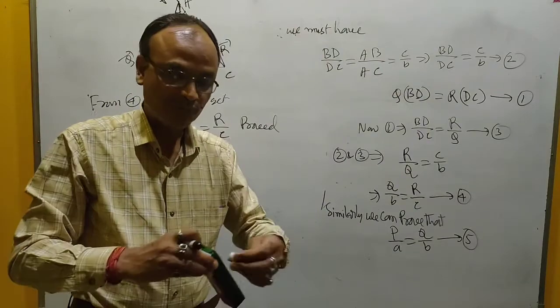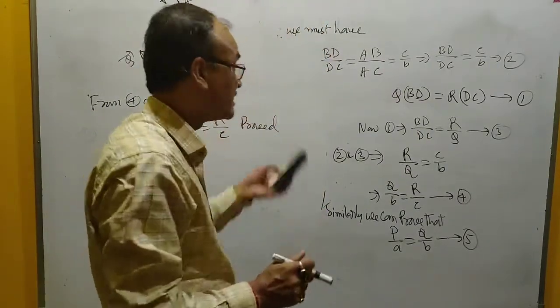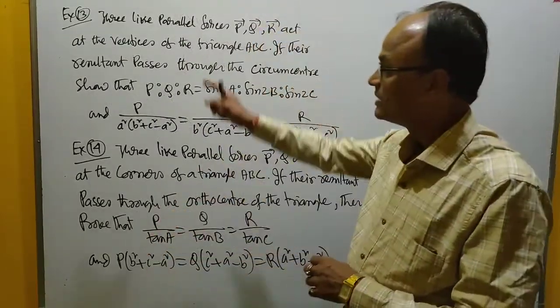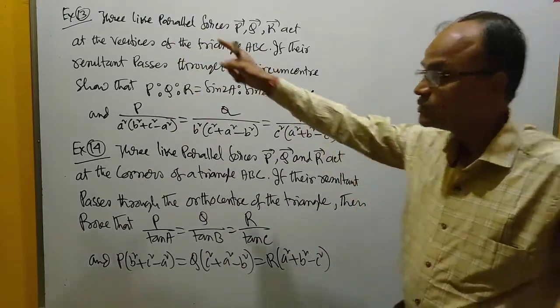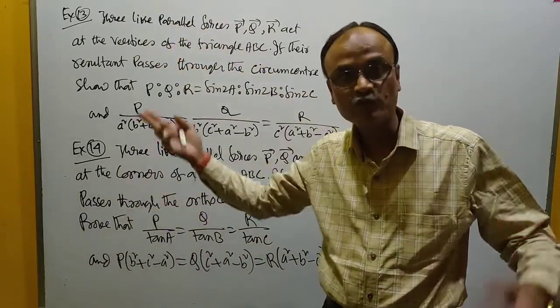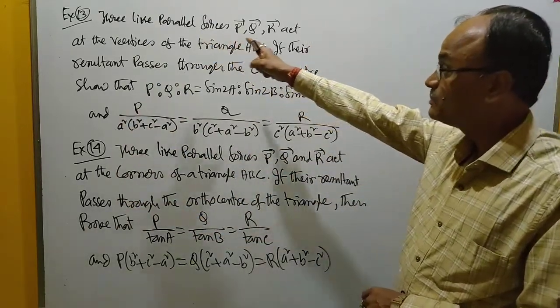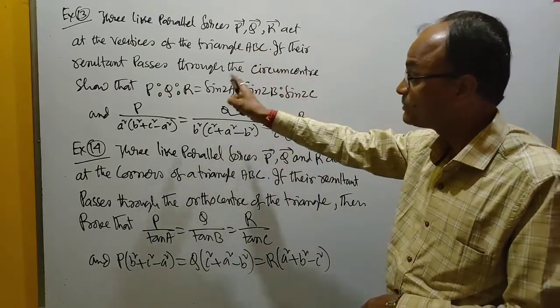Let us take some more problems. Let us try to solve these 2 problems. Question number 13 and 14, today's question number 3 and 4. Number 13. Three like parallel forces P, Q, R act at the vertices of the triangle. If their resultant passes through